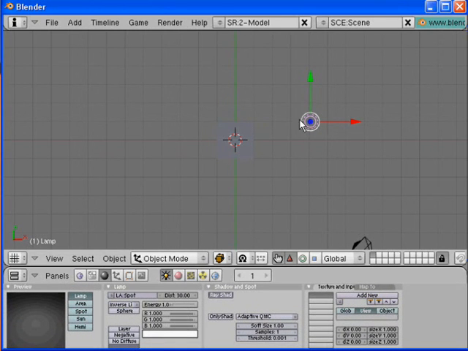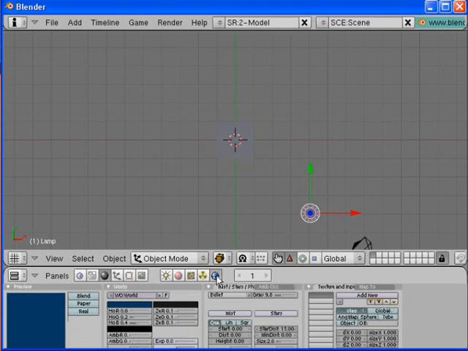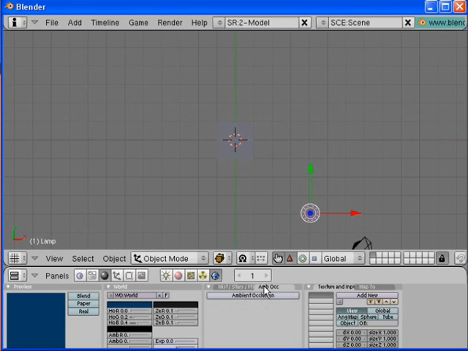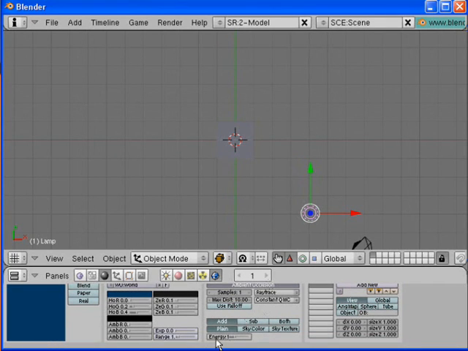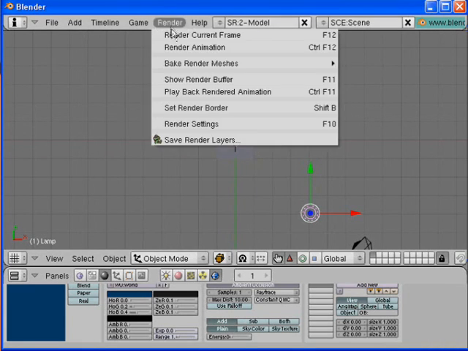So when you've got your light selected, I'm first of all going to move it so it's in front of the object. I'm then going to go to the world buttons, and up here there's a tab for ambient occlusion, so we click on this, then we click on this big button here and set the samples down to 1 just for this purpose of the tutorial. You also may want to set the energy here from 1 to 0.5. So when we render now,